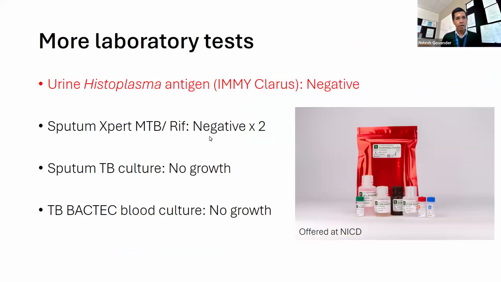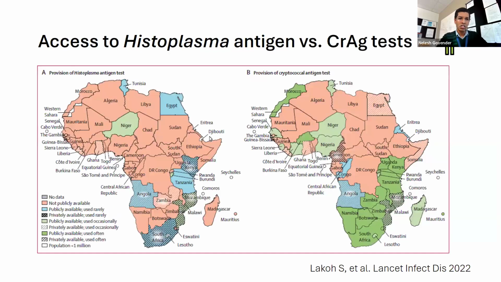Let's go back to our case patient. This patient from Ethiopia, with those skin lesions and the oral painful lesions, had a histoplasma antigen test which was negative. All his other TB workup was negative. I mentioned earlier that antigen tests are better than the gold standard in terms of access, but you can see when you compare to the cryptoantigen test,